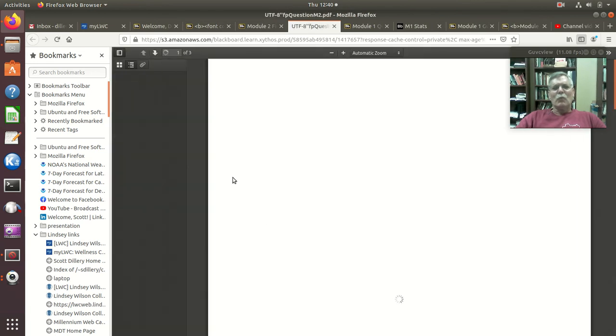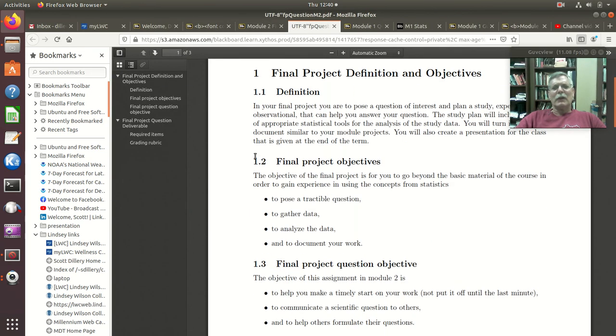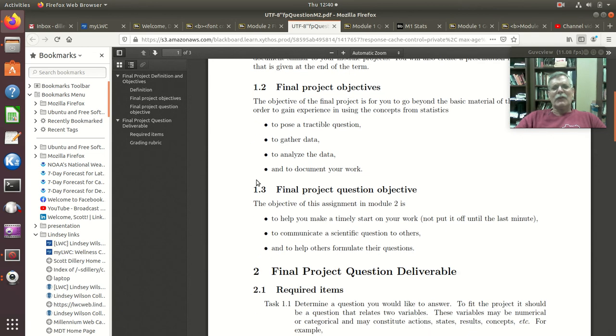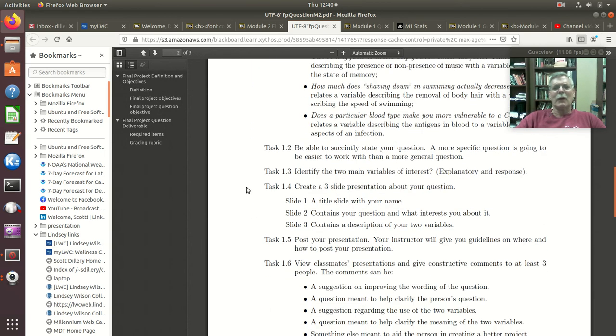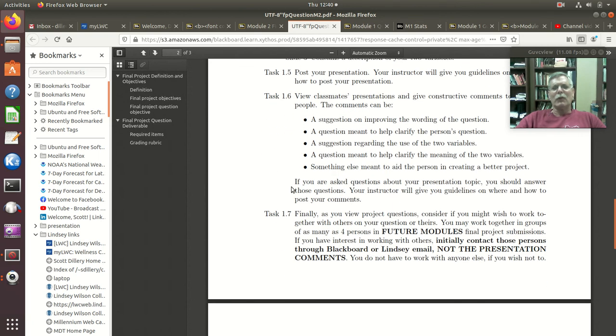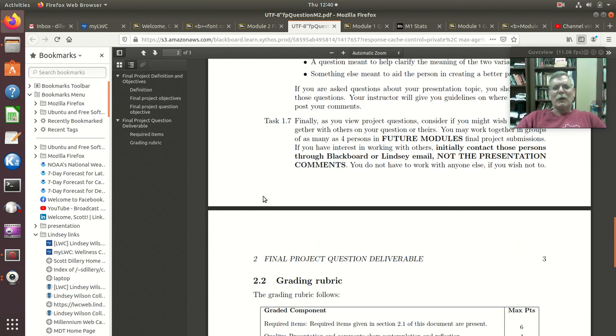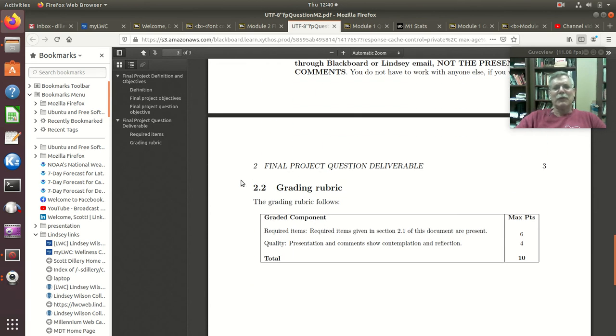What we're trying to do here is just get you started on your final project. So this first one in Module 2 asks you to develop a research question, so to speak. You won't actually solve the problem in that way. You'll do sort of some pseudo solving of it.